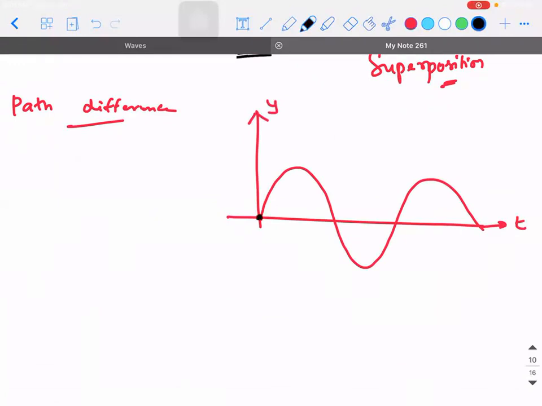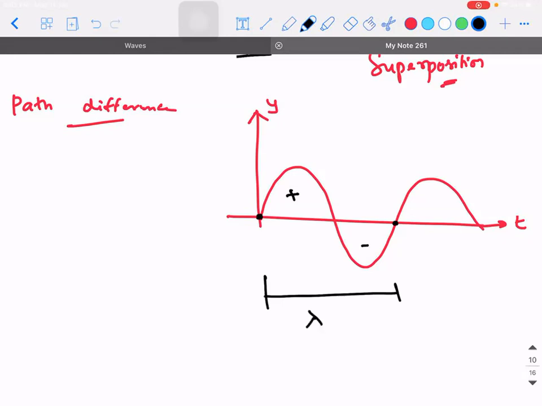Now, from here to here, I've kept 2 black dots, right? Between these 2 black dots, what is the distance called? Wavelength. I've asked a basic question. This we have already discussed. Positive cycle, negative cycle put together is one oscillation. The distance between the starting point and end is the wavelength. It is lambda.